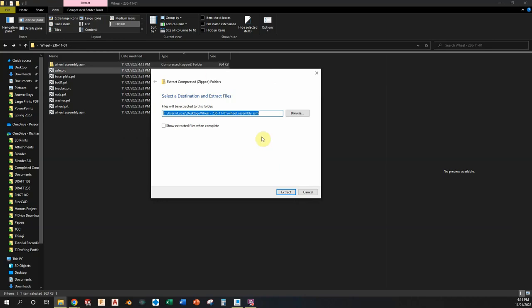That's going to bring up this pop-up and it's going to tell me this is where it's going to put it. Generally speaking, it's going to try to put it in whatever location I'm currently in, that's where it's going to try to create a folder for me. I can click Browse and select somewhere else if this isn't where I want it to be, but for now this works. We'll just click Extract